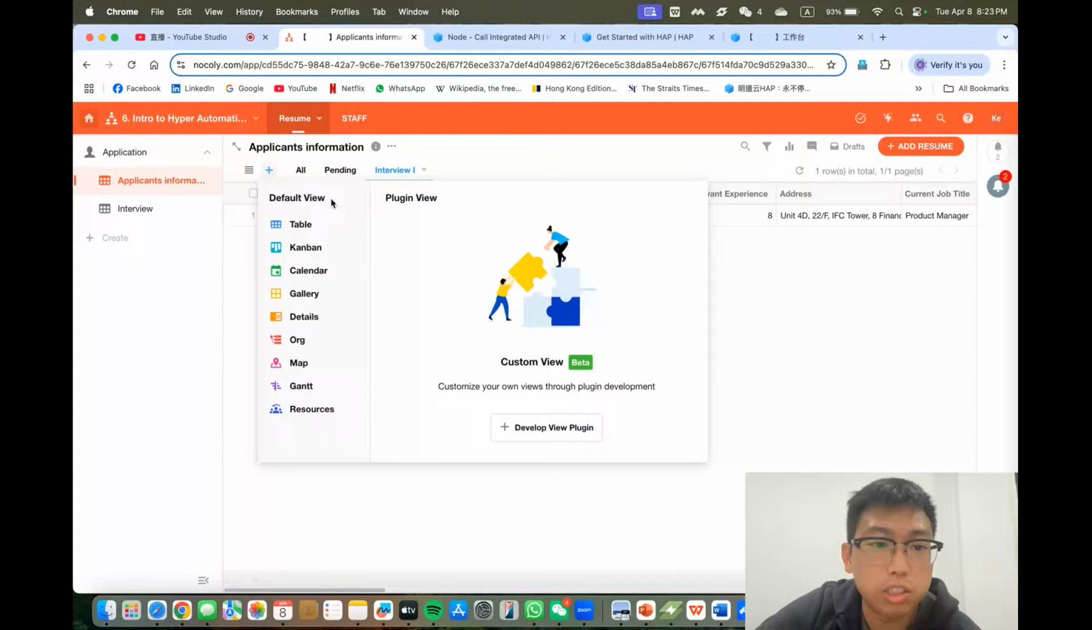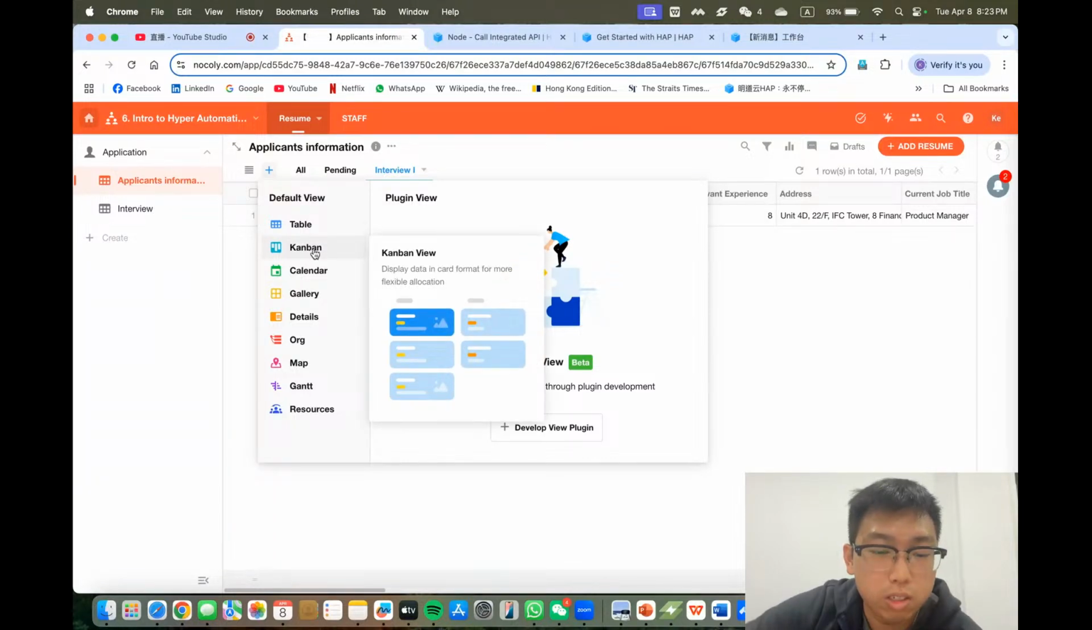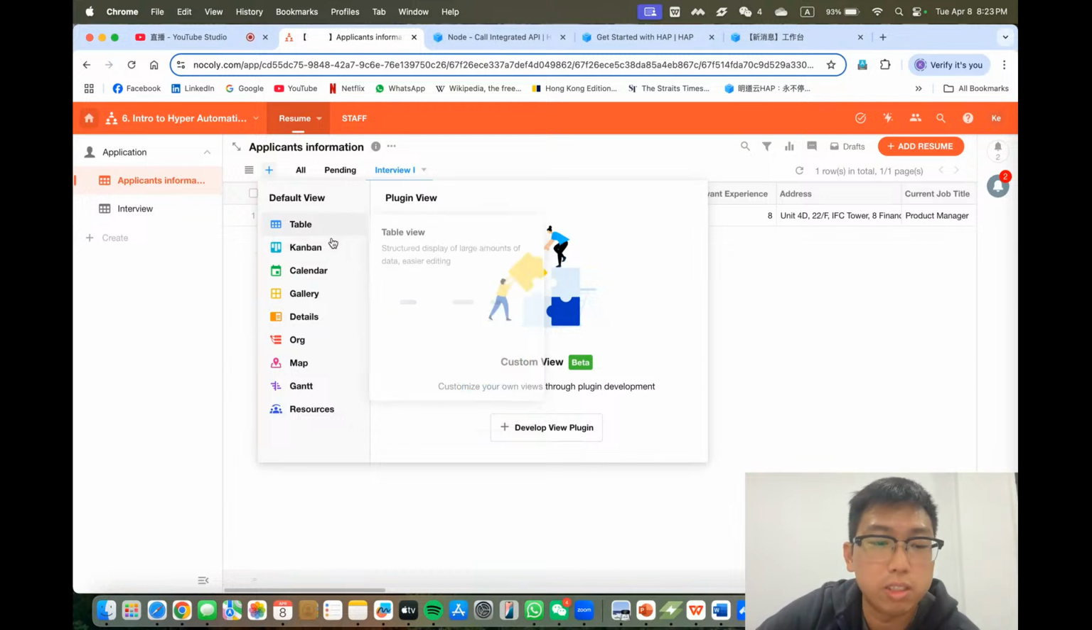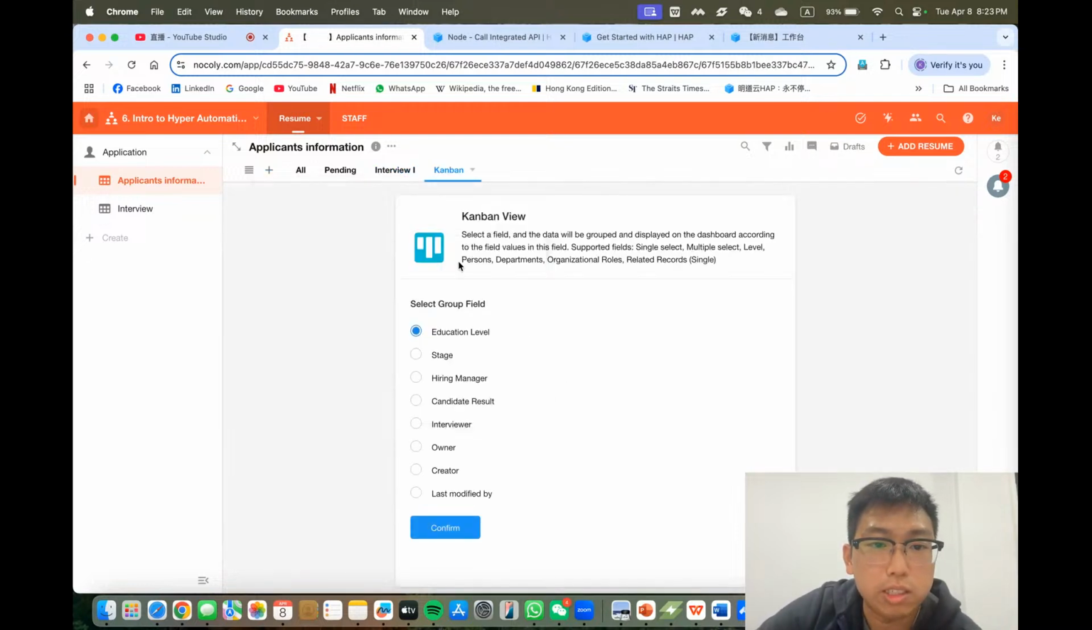So now I'm going to introduce to you another strong feature called Kanban view. I'm sure many of you would know what this Kanban is. Basically, it displays data in card format for more flexible allocation. But to really understand it, you just need to click it, and then immediately you are able to select